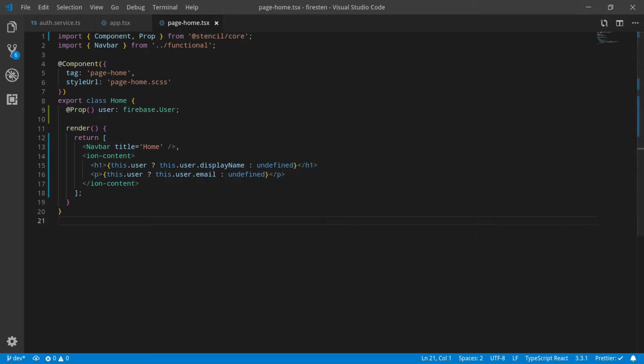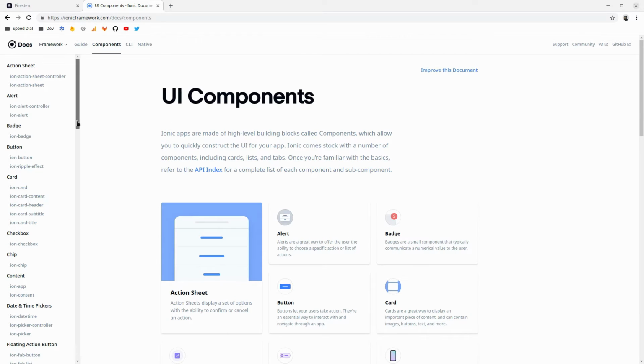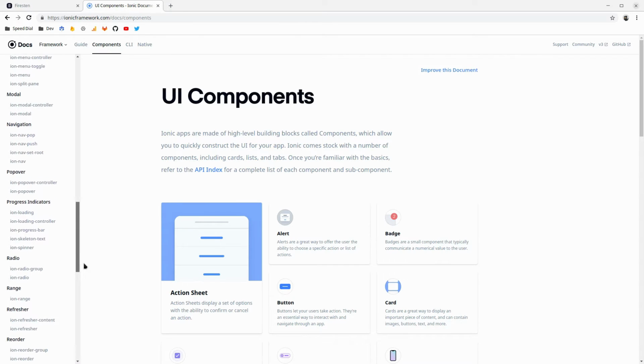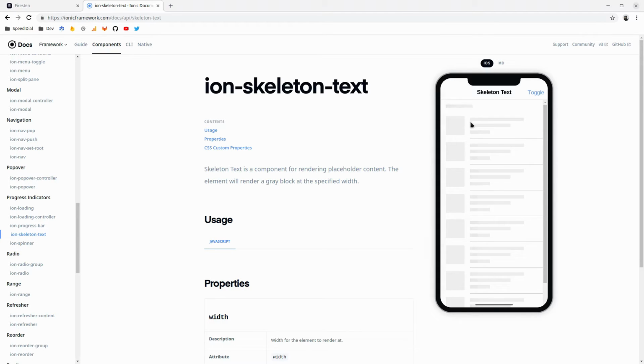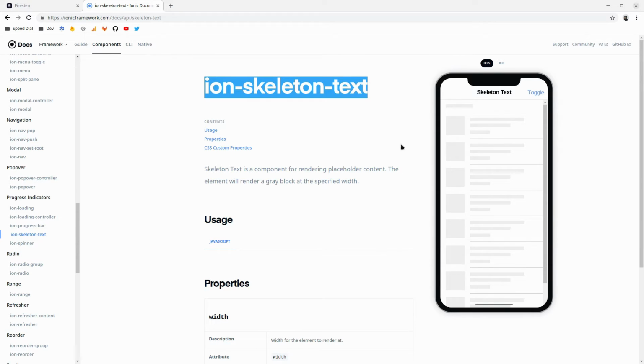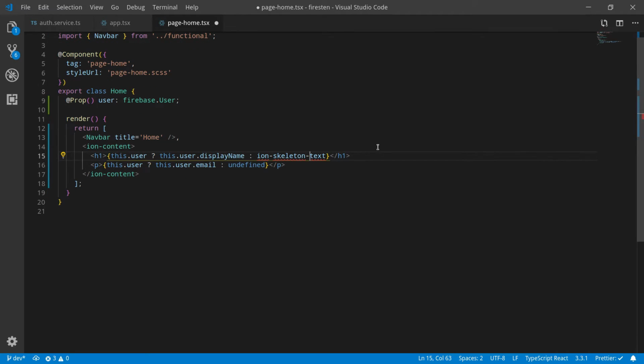Now, Ionic just came out with a new component very recently, and it's the skeleton. If you go to components and scroll down to progress indicators, you can see Ion skeleton text. And this is what I'm gonna show. It's gonna display something while it's loading. So we can use this as a replacement for the undefined. So if you go in here and we change that undefined to the skeleton,